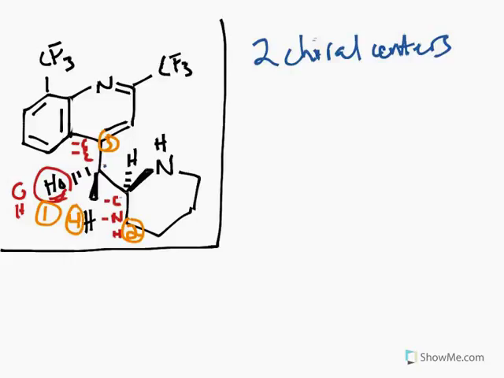Okay? Now we have a problem here. We can't assign R and S yet, because remember, the hydrogen needs to be on the dash. It needs to be in the back in order for you to be able to assign R and S. We can't assign R and S yet. We have to put the hydrogen in the back. And as I showed you all in the previous videos,